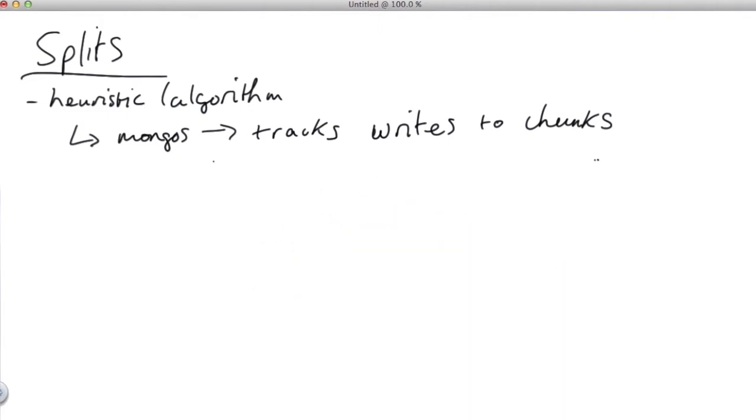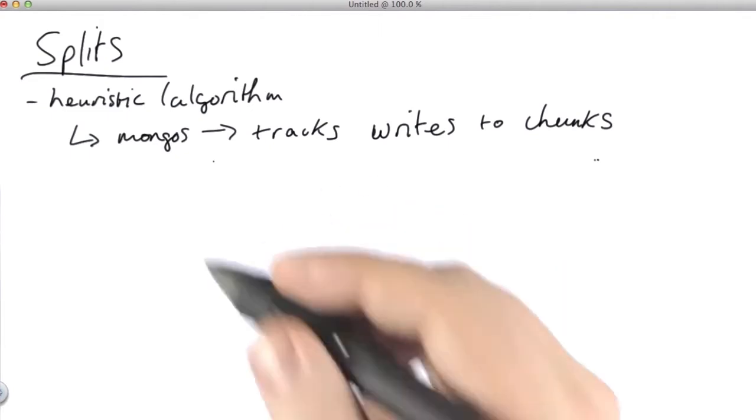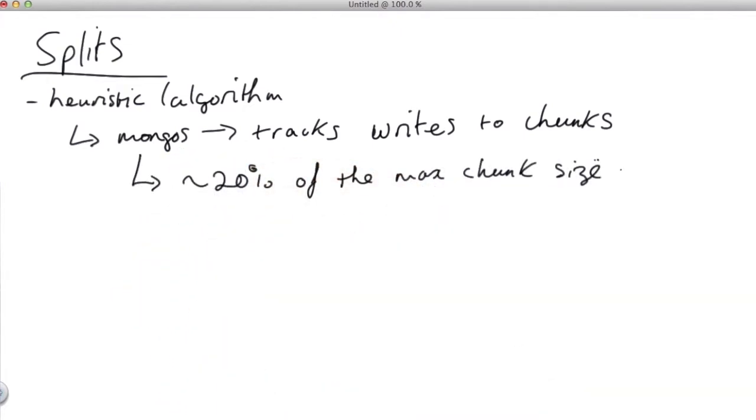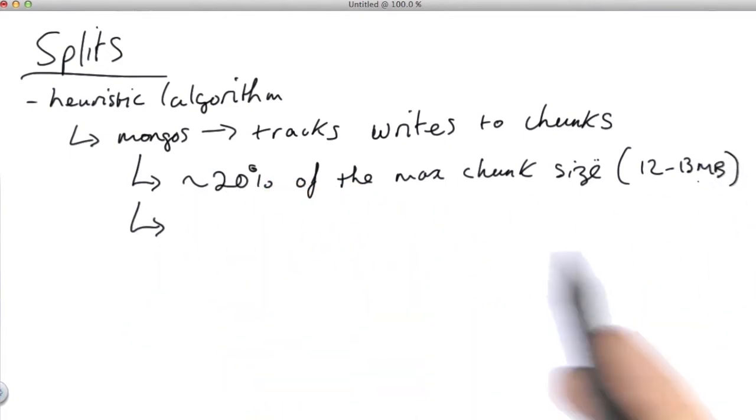it. Now, the actual mechanics of this are a little bit more involved than I'm about to make out, but these are good rough guidelines. So when the mongos sees that about 20% of the max chunk size, which remember is 64 megs, so 20% of it will be 12 to 13 megs of data. So when it sees that this much has been written, it says, okay, we're going to check to see if